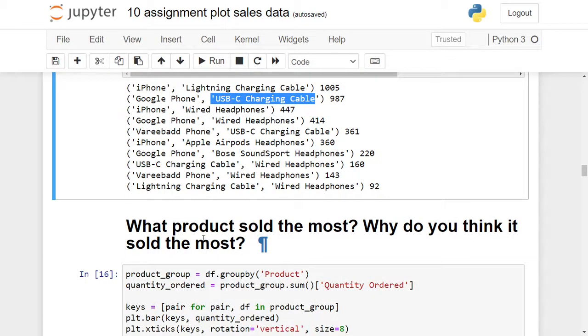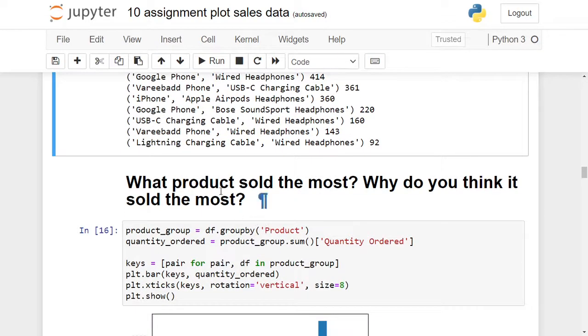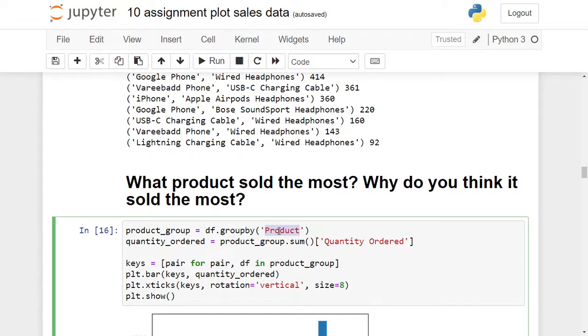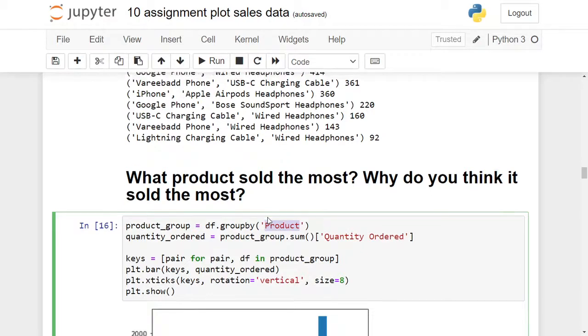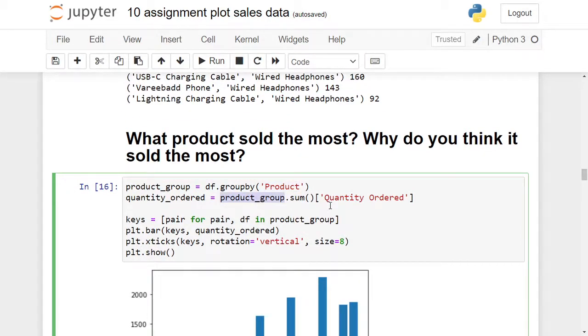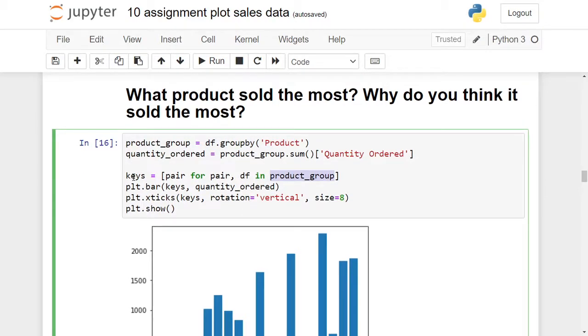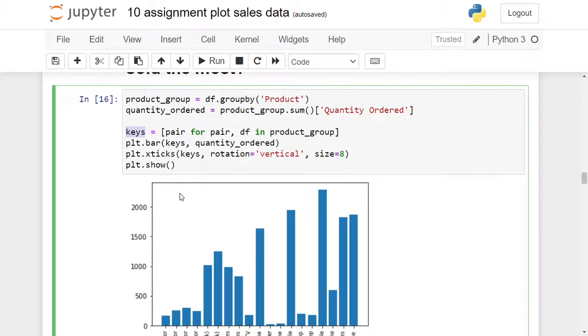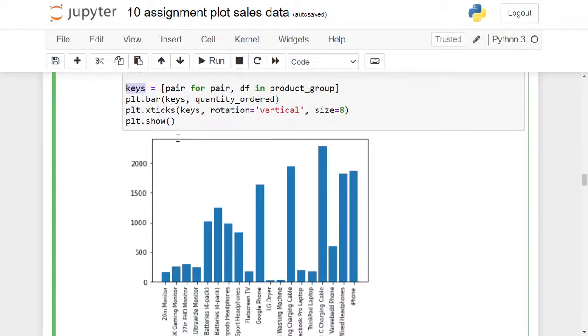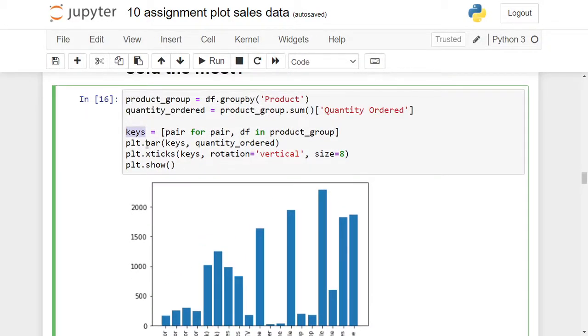So what products sold the most, and why do you think it sold most? So when we are doing this one, we are going to group by the products, and then we also will find the summation of the quantity ordered, and that's the total number of sales for each product, and then goes through this product group. You're gonna find what's the keys of the pair. So basically it is the product's name, and then we can